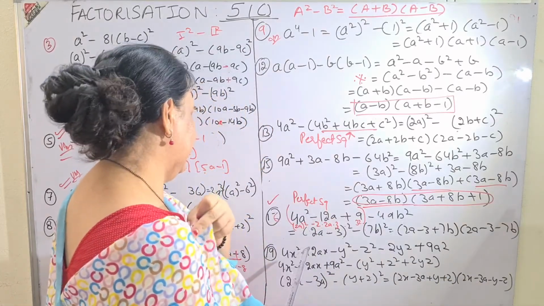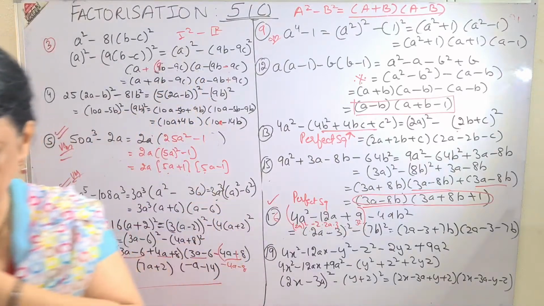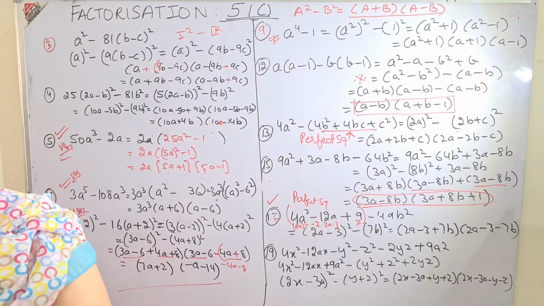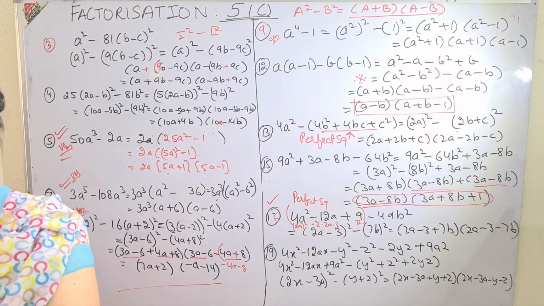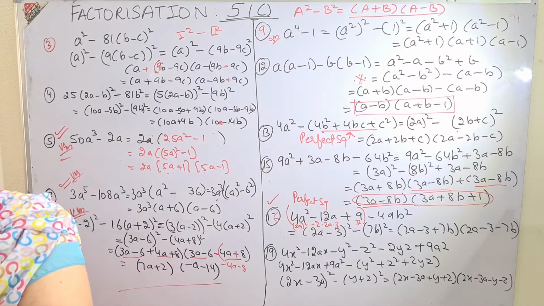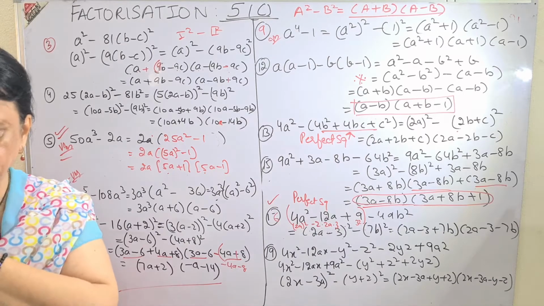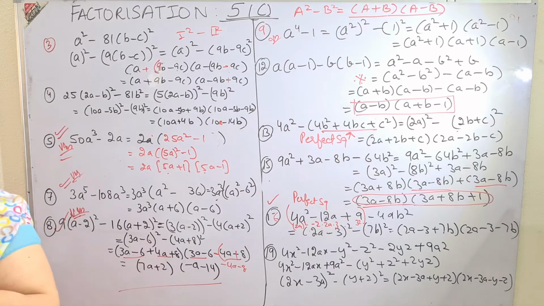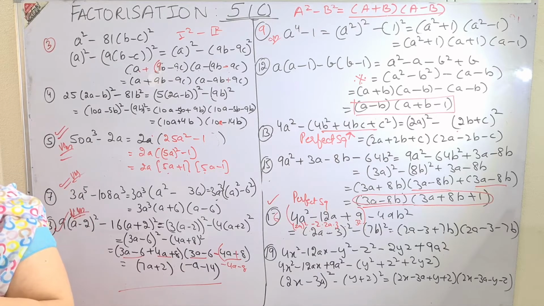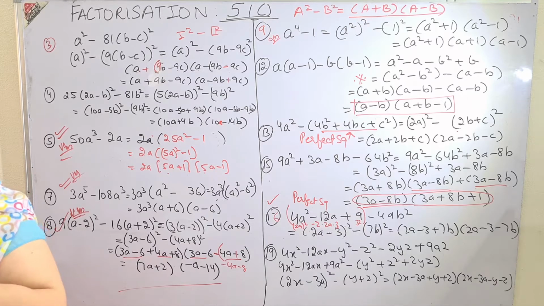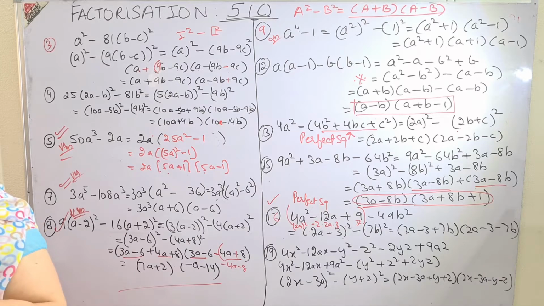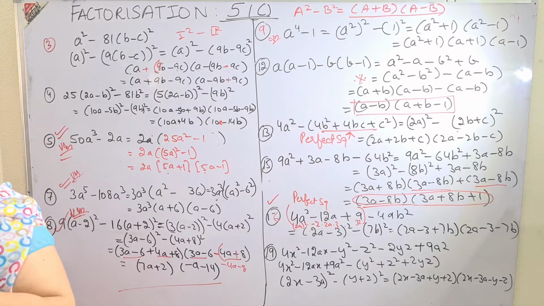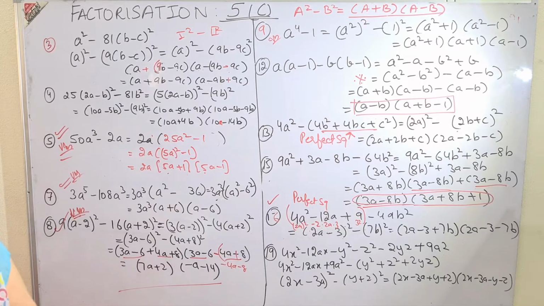Then coming to question number 19. Again, please go to the question. The question is 4x square minus 12ax minus y square minus z square minus 2yz plus 9a square. So see, children, it is so simple. What I am going to do is 4x square minus 12ax, and I'll bring 9a square, which is at the last term, to the third term. Third term means third place. And I will take all the other three, that is y square, z square and minus 2yz, at the last. And this will solve my question.